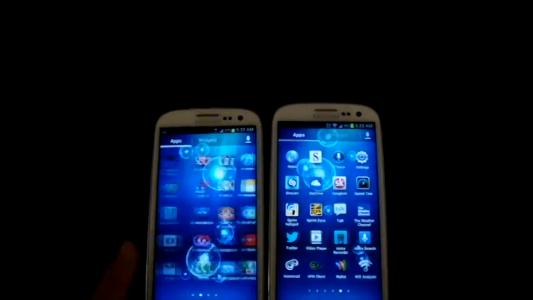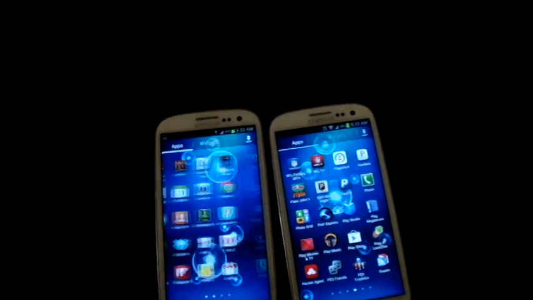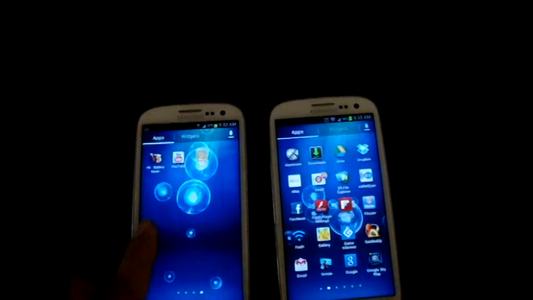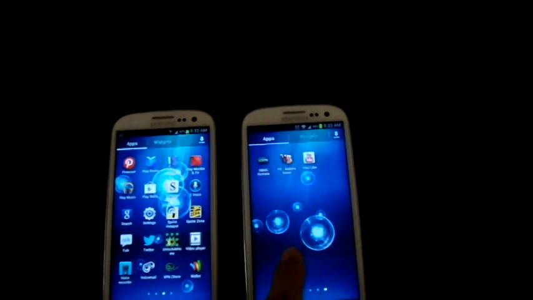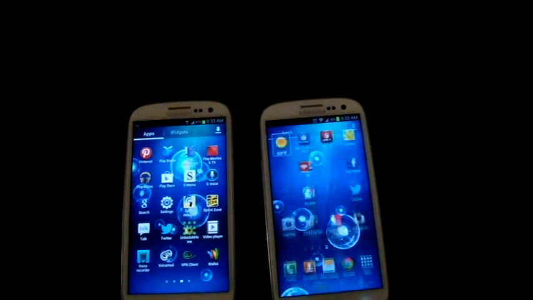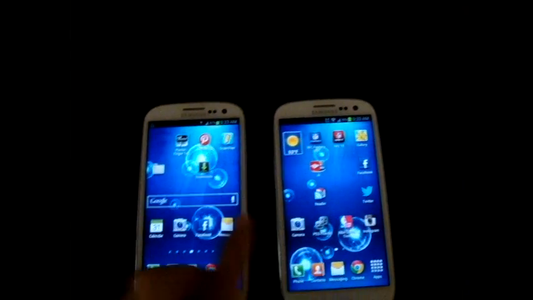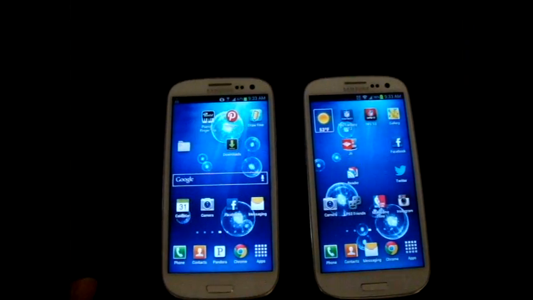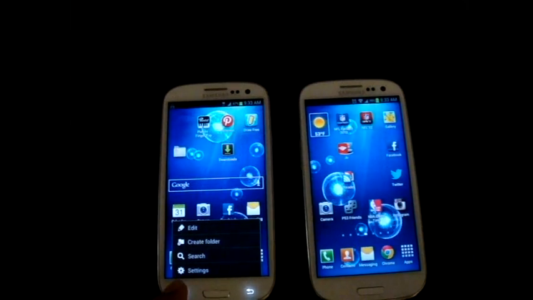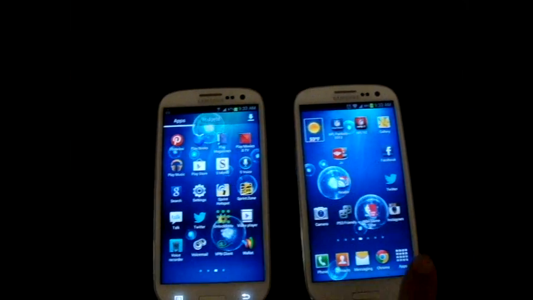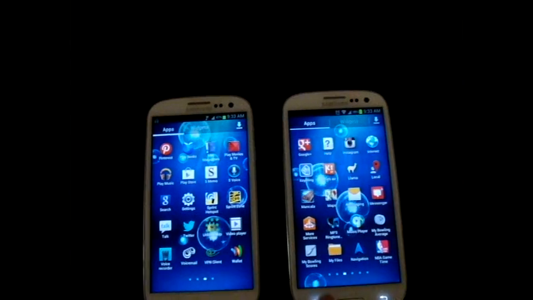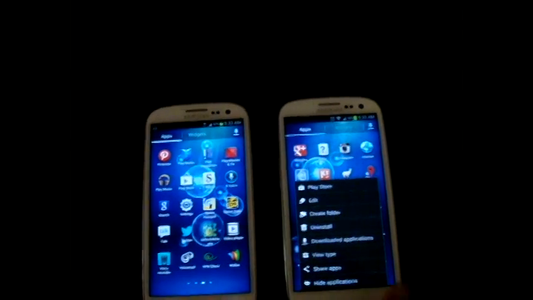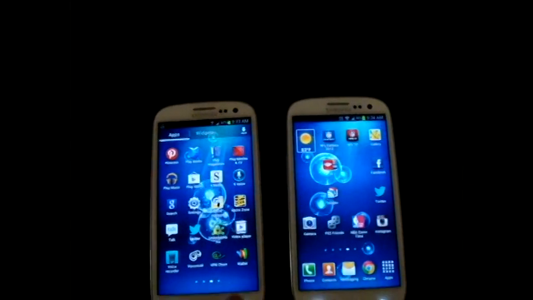But the scrolling seems a lot smoother. Project Butter in Jelly Bean made the phone really use the hardware. It's very smooth. Apps seem to open a lot quicker on Jelly Bean, I have noticed, and I think that's about it. I don't really remember any other options. But yeah, and then if you want to